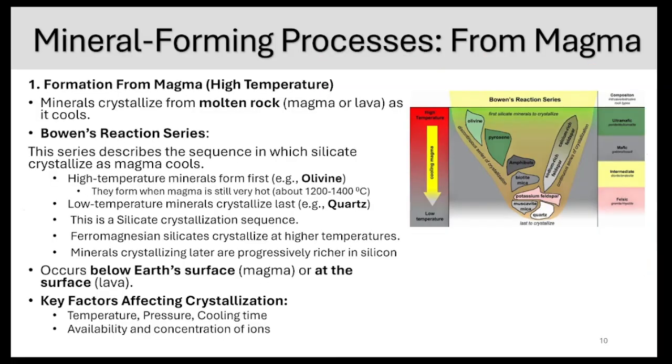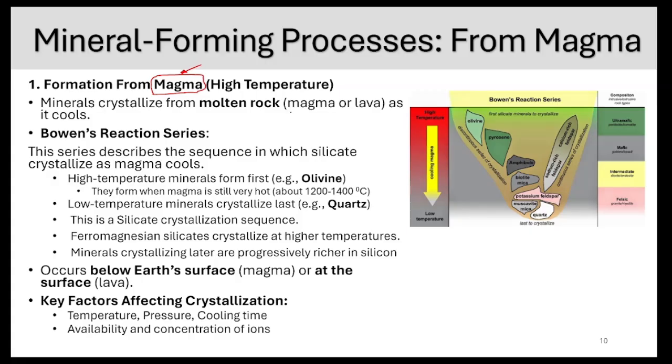Now let's explore how minerals are formed. The first process is solidification from molten rock, and we call molten rock magma. And when we are talking about magma,